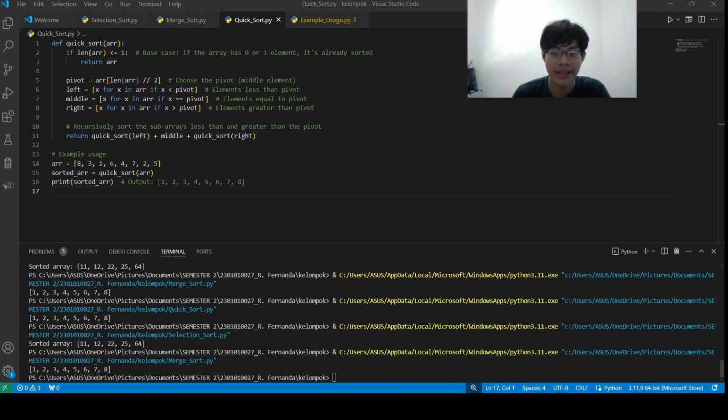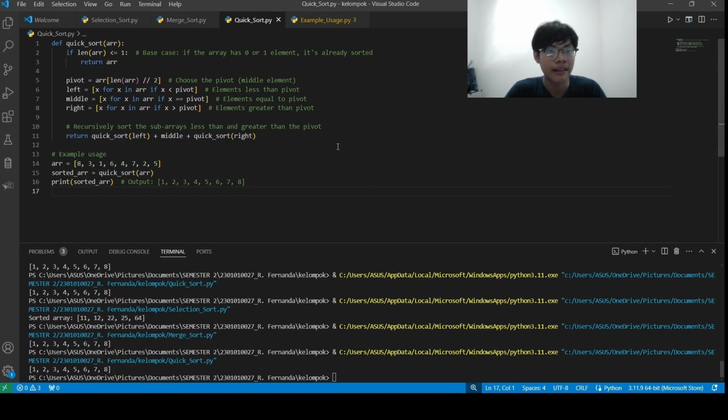We select the first element as the pivot. That's all. And now all we need to do is to run the code. As you can see, the output is the same as merge sort, only the code is shorter. As you can see here, we have 1, 2, 3, 4, and so on. And that is quick sort for you.